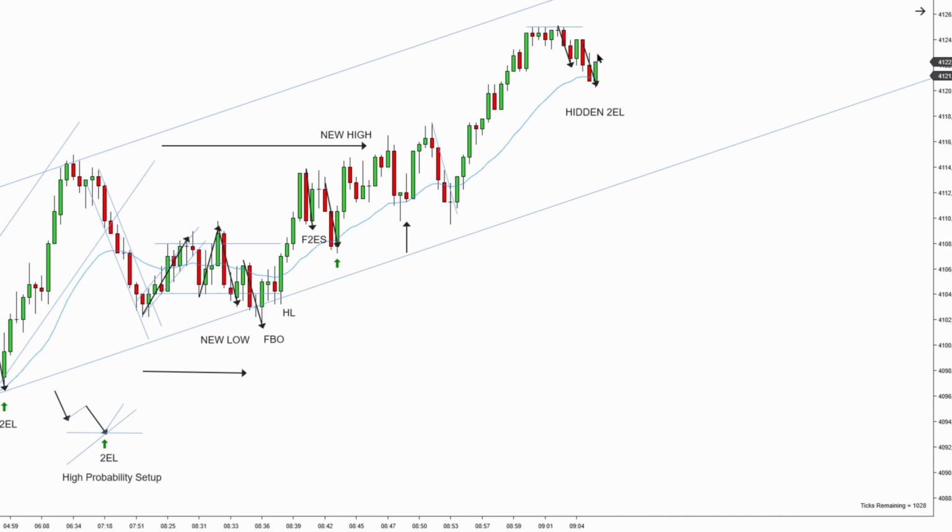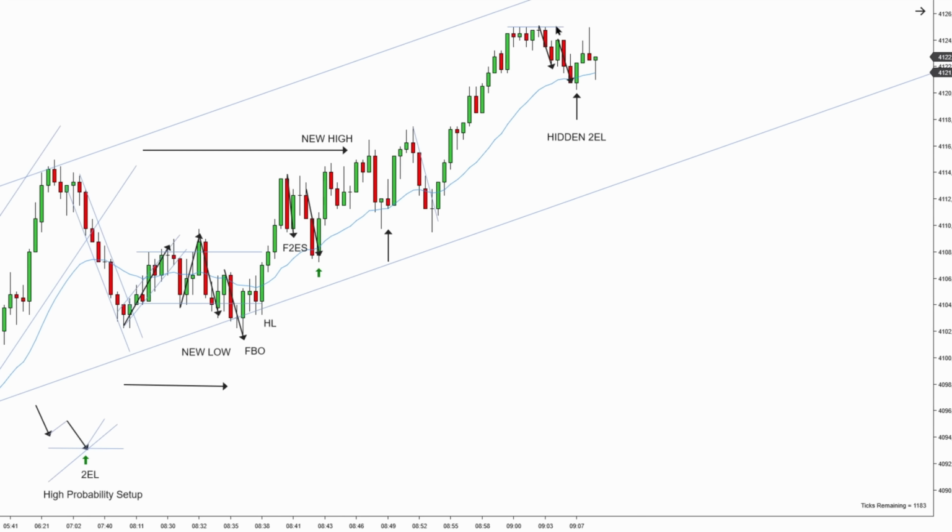This is why it's hidden, because it's hidden on this chart, but also a hidden second entry long needs to form as a normal second entry long would form at the key entry point, which is at the EMA. Okay, so if you understand what's going on here, you may consider going long here, but this is definitely more aggressive and more advanced. The signal bar is, once again, look at the perfect signal bar, but technically just a